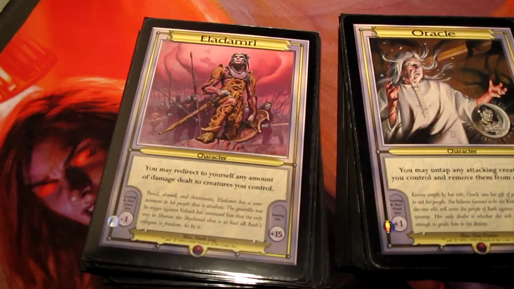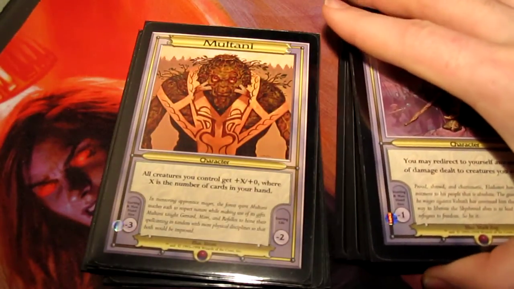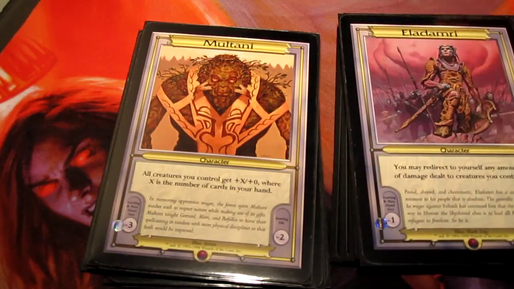He just lets you redirect damage from your creatures, and you also get +15 life total. So he's really good if you just want to survive for late game. But since he doesn't really have an offensive effect, he's usually just not picked. Multaney's pretty clever. He's like half of what his actual card does, giving a pretty nice boost to creatures,